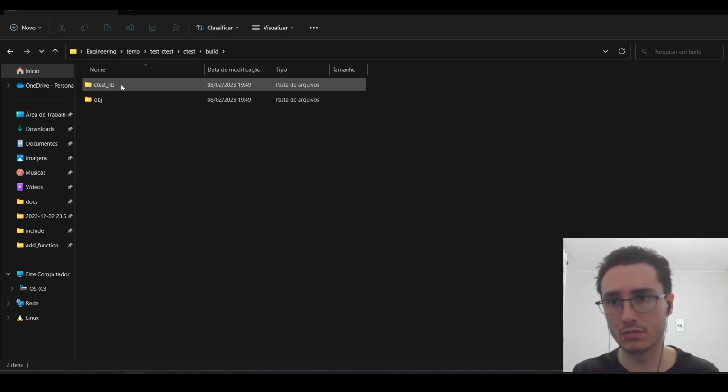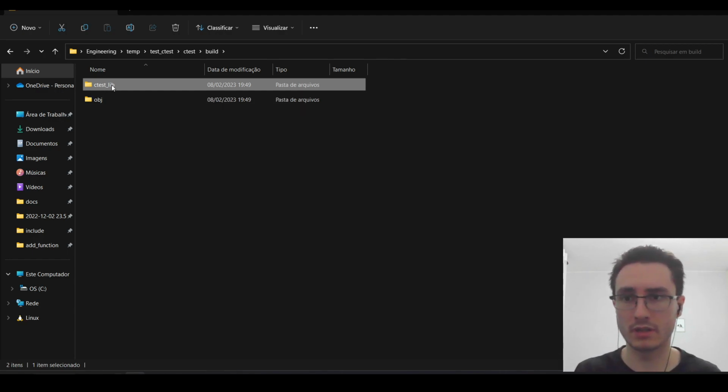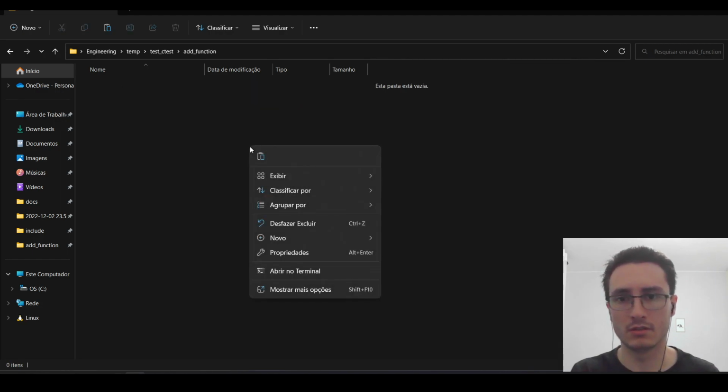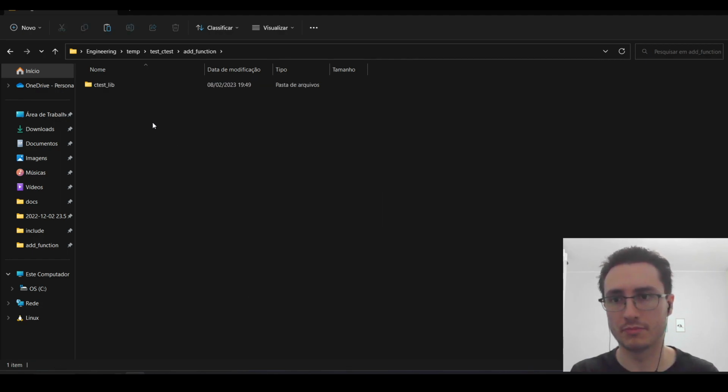Inside the build folder, we have this folder, ctest_lib. This folder is the folder that we are going to copy to the root of our main target function. So we copy it here,